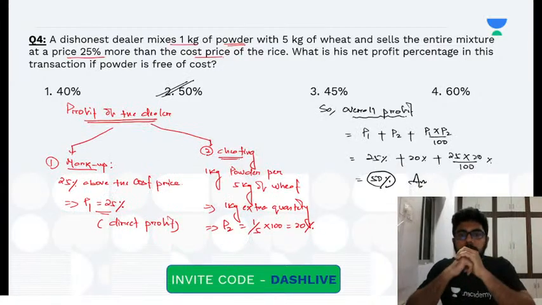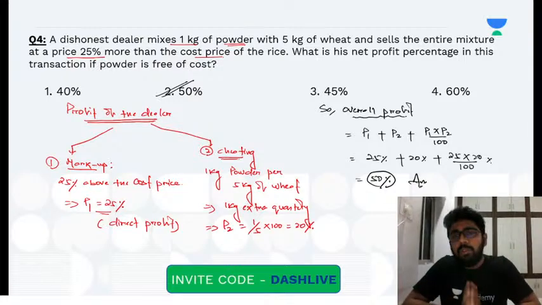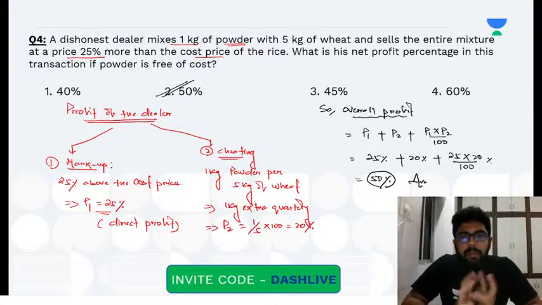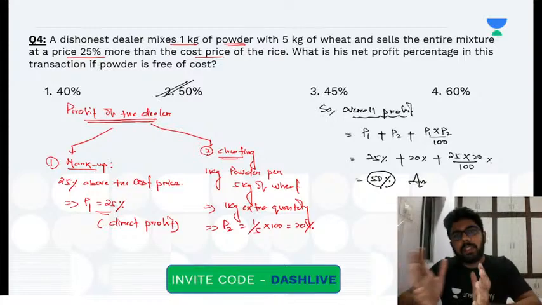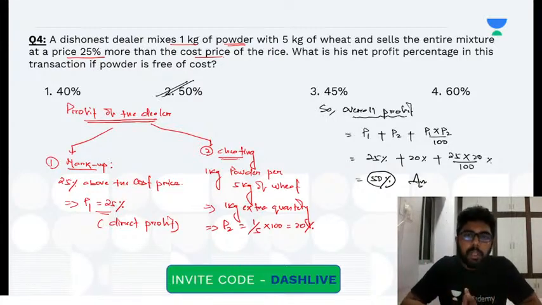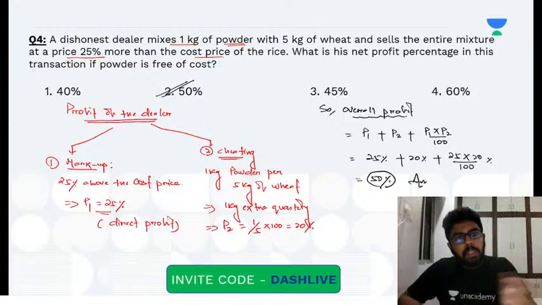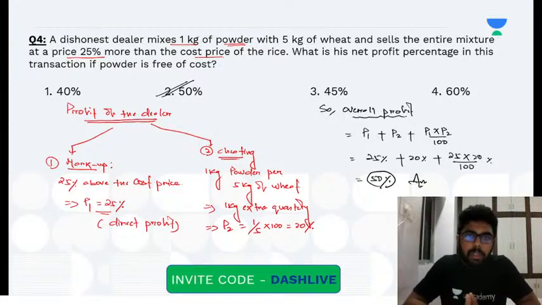Let's see this. If you read the entire question, assume you are the dealer yourself. Now you are making two types of profit. First, he is marking up, by 25%. Whatever extra you mark up, he'll say, okay, it costs me 100, I will mark it up by 20%. So in this question, whatever markup you do, that is your direct profit. The cost is 100, I'll mark it up by 20 rupees, so 120, profit is 20. I'll mark it up by 30 rupees, 130, profit is 30. Here he is marking up by 25%, so direct profit is 25%.